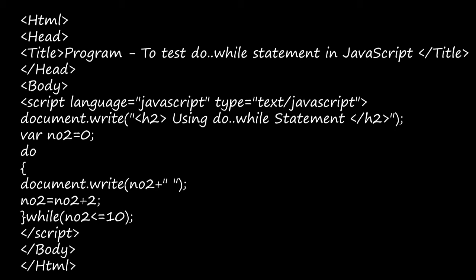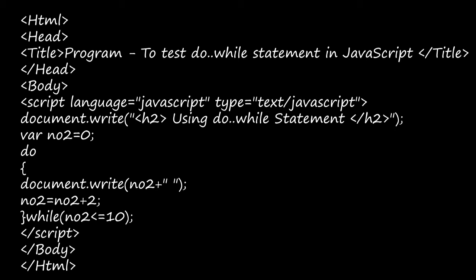So it will do first and then it will check the condition. Do while, right? So first the value of no2 is 0, right? So 0 and space will be displayed there, and the no2 value is no2 plus 2. So no2, 0 plus 2 is 2. The value of no2 is assigned as 2 and then it will check while no2 is less than or equal